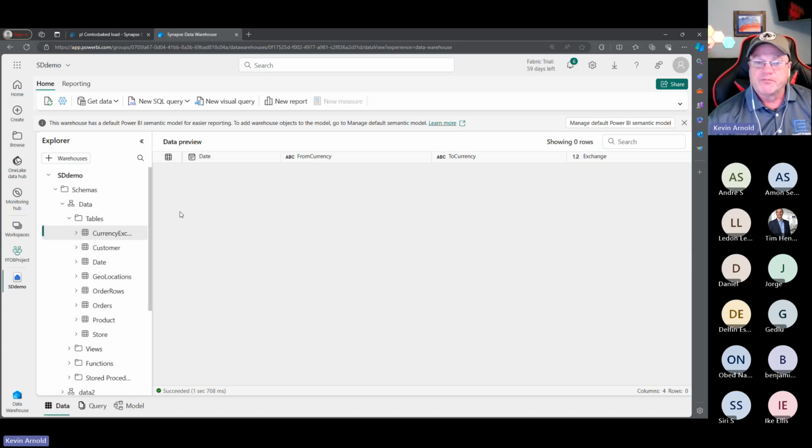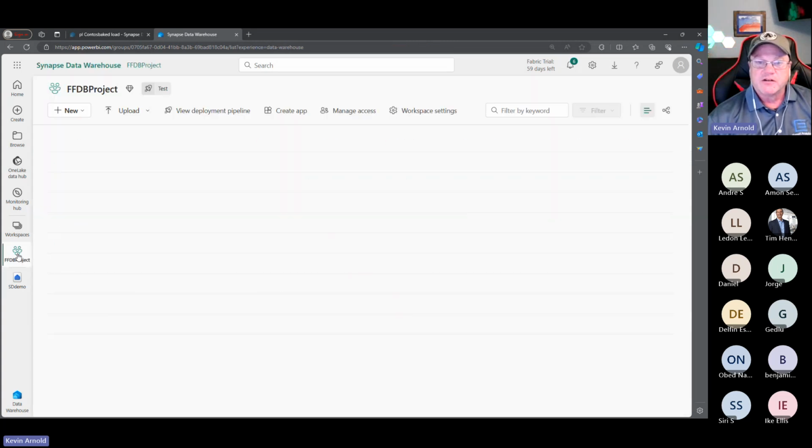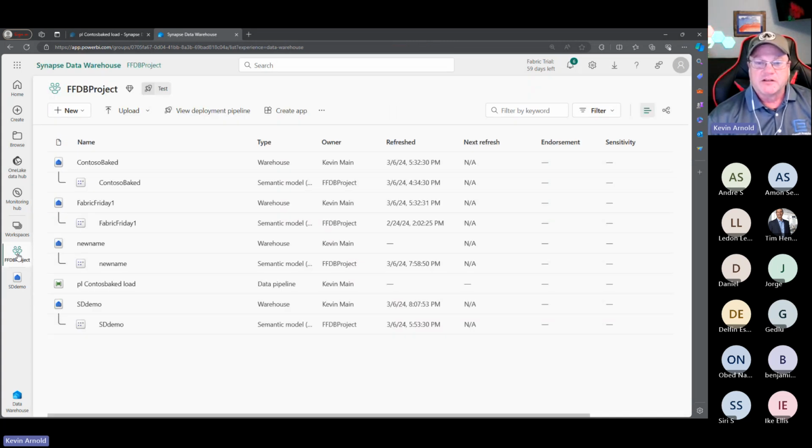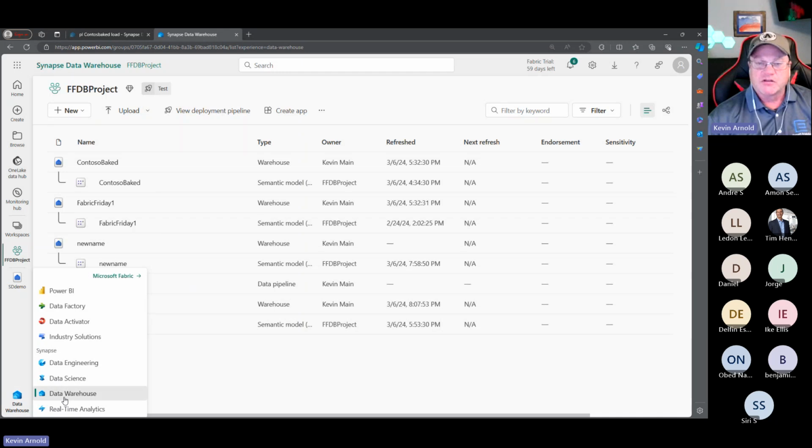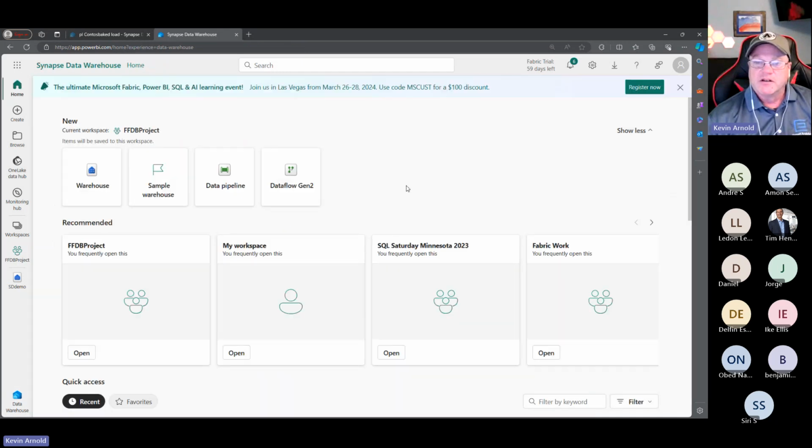So let's jump to, we have our structure out there, but what about getting our data? If we go back to our new, we have all these options. Actually, I'm going to switch to the persona here. The two main areas you're going to look at for a data warehouse are data pipelines and Dataflow Gen 2.